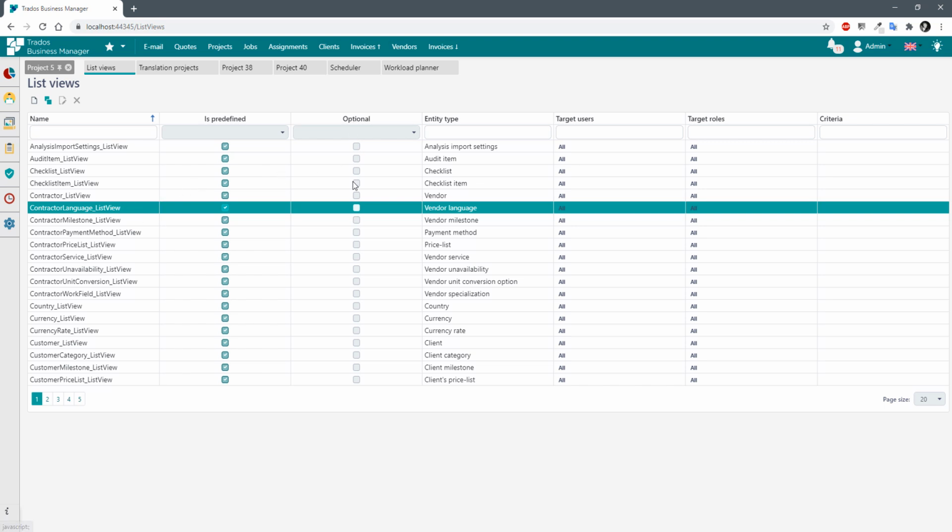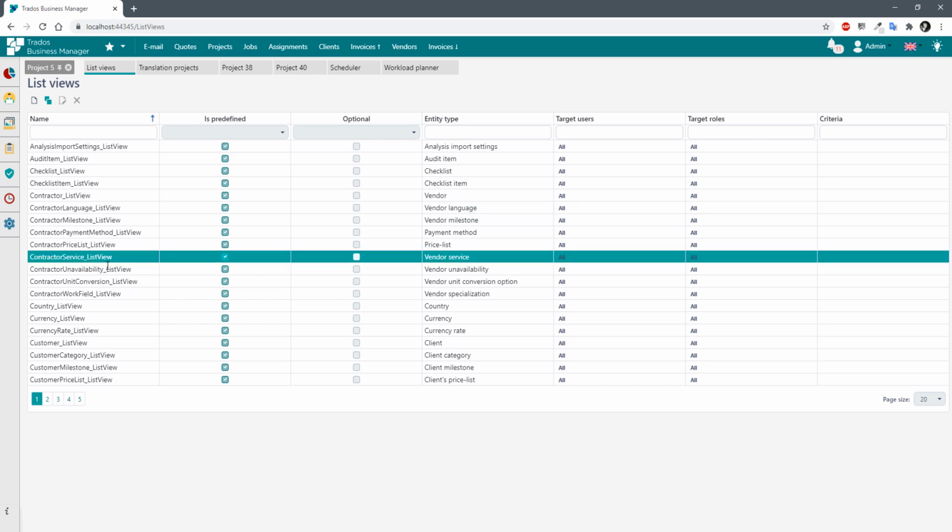A view can be optional or mandatory. A view has such a characteristic as entity type. This is the type of object linked to one view or another. Then target users. It can be all, or it could contain a list of target users. And target roles, the same, all or target roles. Criteria is a filter string which is automatically applied to a view, which cannot be changed when you actually open